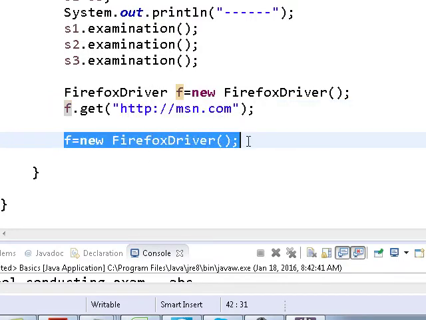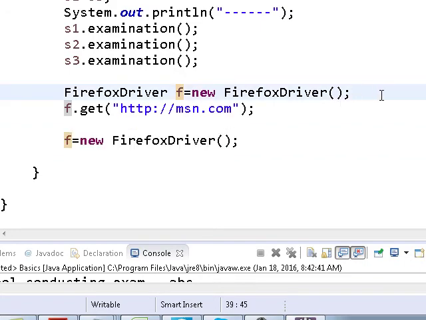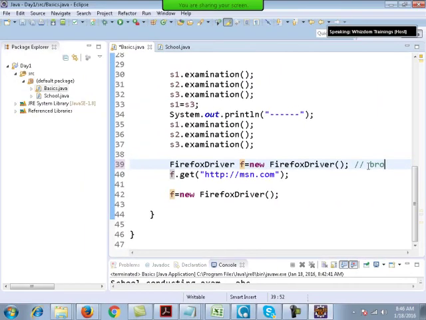So can we use the same f two times? The first time you have created Firefox driver f, this is my browser 1. This is my browser 2. So we can use the same reference for the two browsers, browser 1 and browser 2 also.